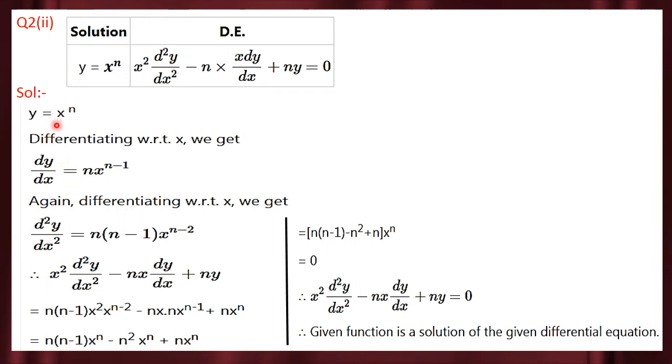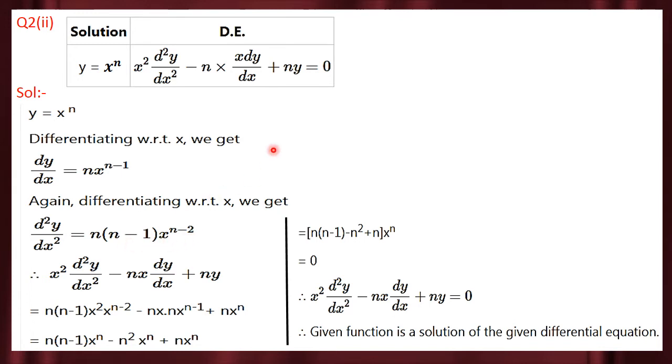So we will differentiate the given function first. y is equal to x raised to n. Then on differentiating with respect to x, we will get dy by dx is equal to n into x raised to n minus 1. This is the general standard form of the function. We will differentiate it again. Then the left hand side is d square y by dx square is equal to n into, again x raised to n minus 1 we will differentiate, so n minus 1 into x raised to n minus 2.